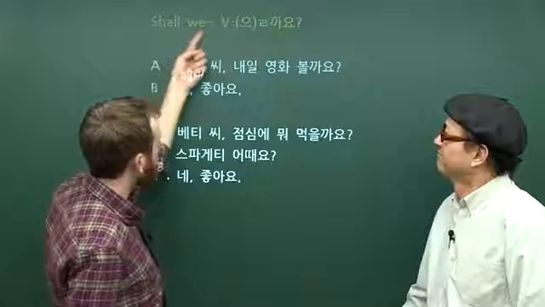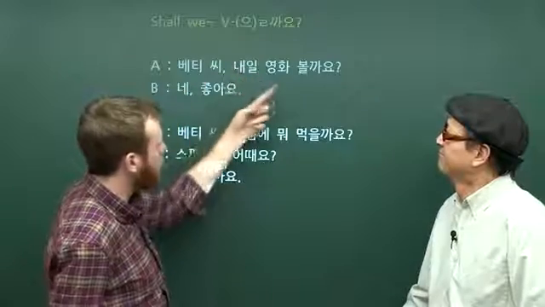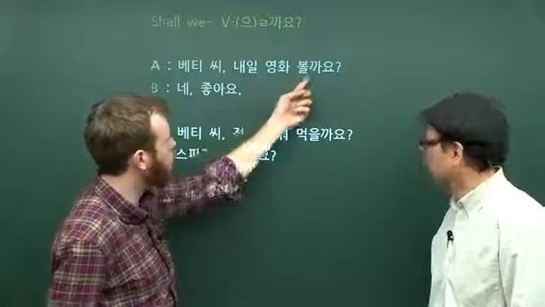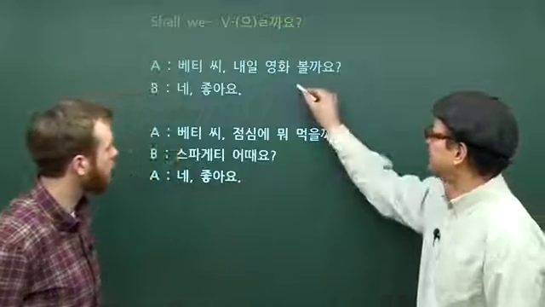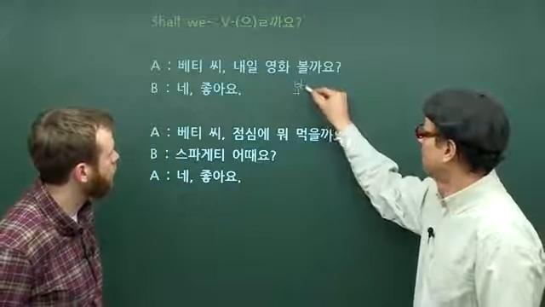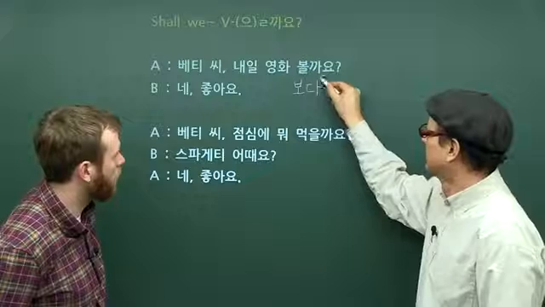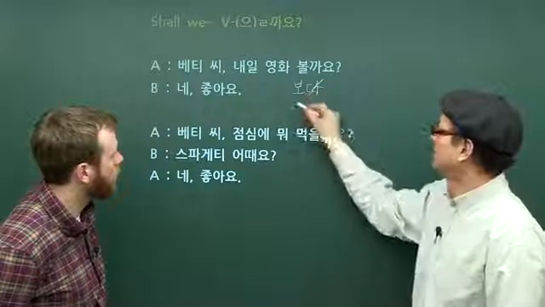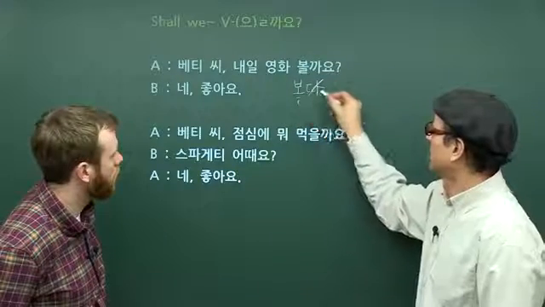Right, so we've got our "shall we." 내일, tomorrow, 영화, movie, 볼까요? To watch or to see. So the verb is 보다. 그래서 이렇게 하고 여기다가 이렇게. 그다음에